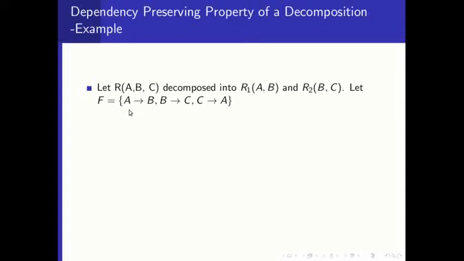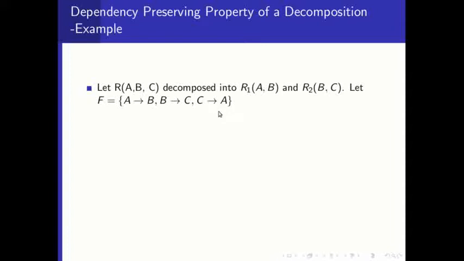By applying inference rules 3, 4, 5, etc., you can say that A determines B and B determines C. Then what is the other FD that comes into this inferred set? A determines C. By applying the transitive rule, A determines B and B determines C, so A determines C will also come. Now a fourth FD, A determines C, will come here. Now B determines C and C determines A, therefore B determines A will also come.